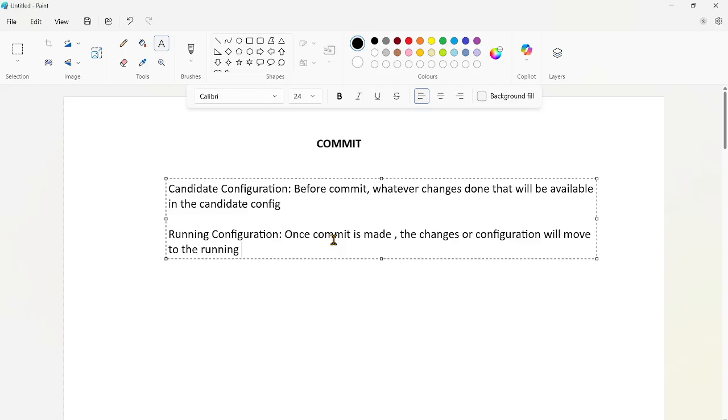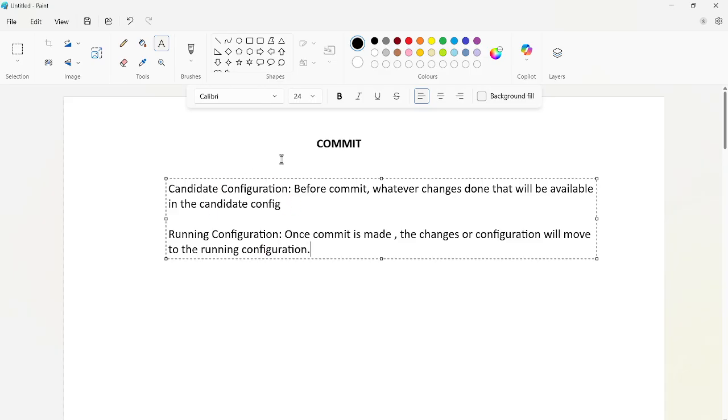If something happens in between, such as syntax errors or a wrong configuration, and the commit fails, the configuration will not move to the running configuration. How the firewall validates the configuration, we will learn.